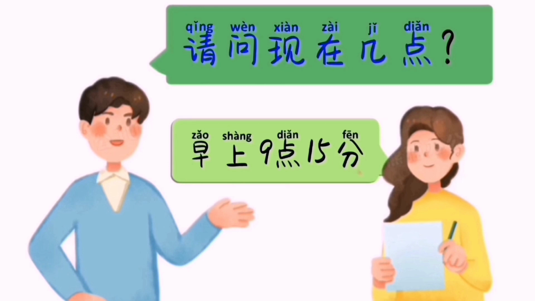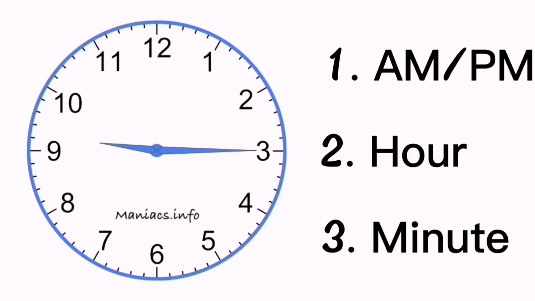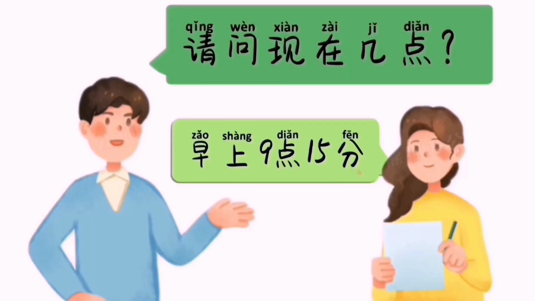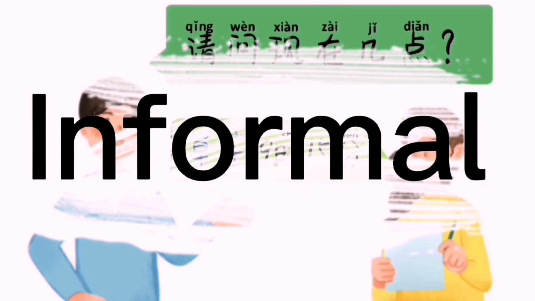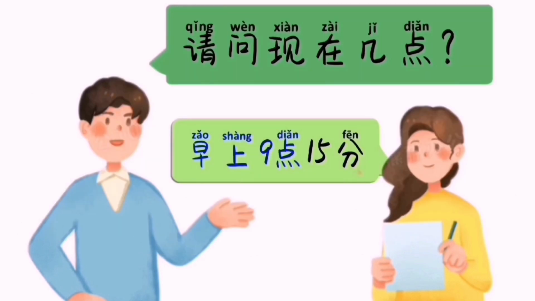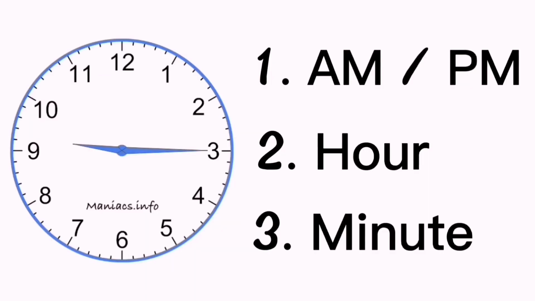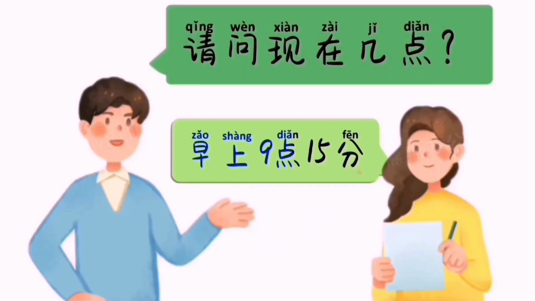This is how you should ask people about the time. 请问现在几点？ How to read the clock in Mandarin? First, we can describe the general time of the day. For example, a.m., you can say 早上, followed by hour. The informal way to read the hour is 9点, the formal way is 9时. Lastly, we will read the minute. 15分。